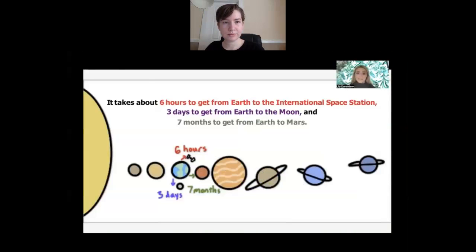It takes less than 1 day and costs almost $3,000 per kilogram to send things to the International Space Station, but it would be even more expensive and difficult to send things farther into space, like to the moon or to Mars. For astronauts to explore further into space for longer periods of time, it will be necessary to grow some of their food in space, and figuring out the best ways to do that is what Astrobotany is all